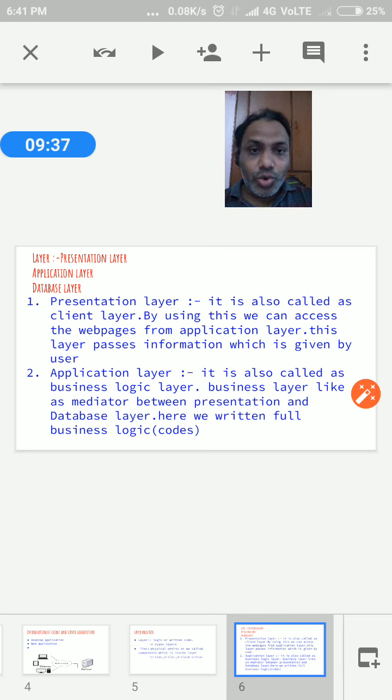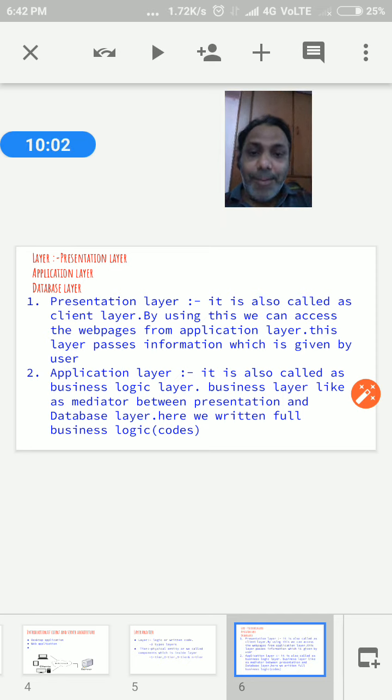The code we have to write for that, the logic, is nothing but the business logic. How do we write that? Using different programming languages, like your Servlet, like your JSP, like your C Sharp, like your Hibernate, Spring, many frameworks are there. According to your choice you can create it.